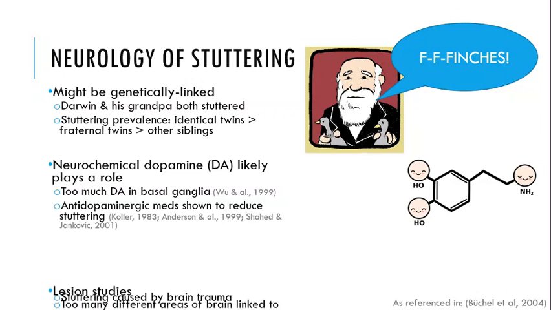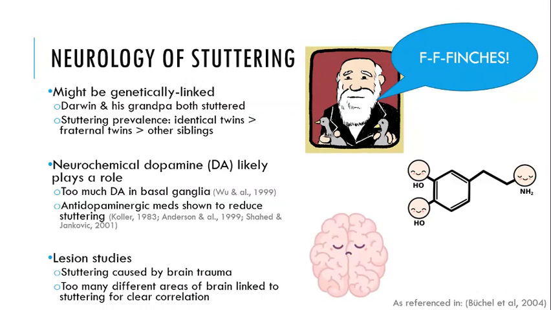Next, we come to the idea that brain damage or developmental disorders to certain brain regions may cause stuttering. While it is true that damage to different areas is linked to acquisition of stuttering behaviors, there isn't enough solid evidence for us to pin down brain damage and stuttering to one area.